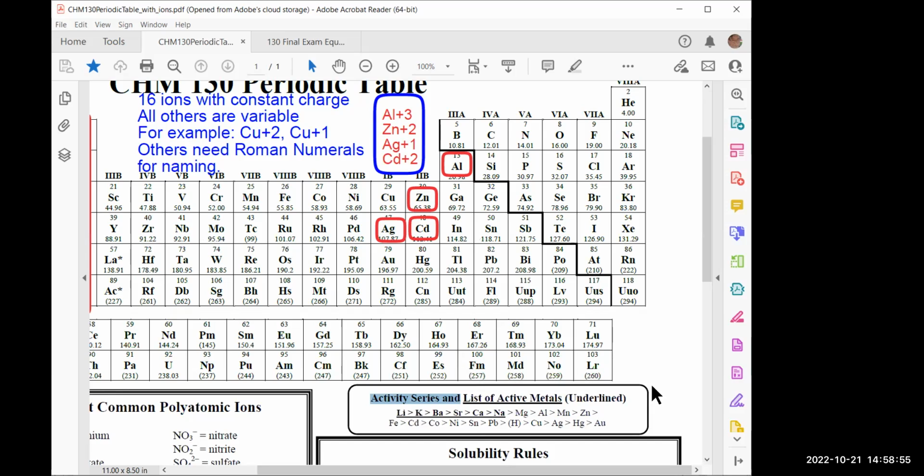It is the listing of the relative reactivity of metals. You can see that lithium is listed first as the most reactive metal, and then it goes down to the last metal, which is Au, gold, the least reactive metal. And depending on the position of the two metals in the reactivity series, it will determine whether